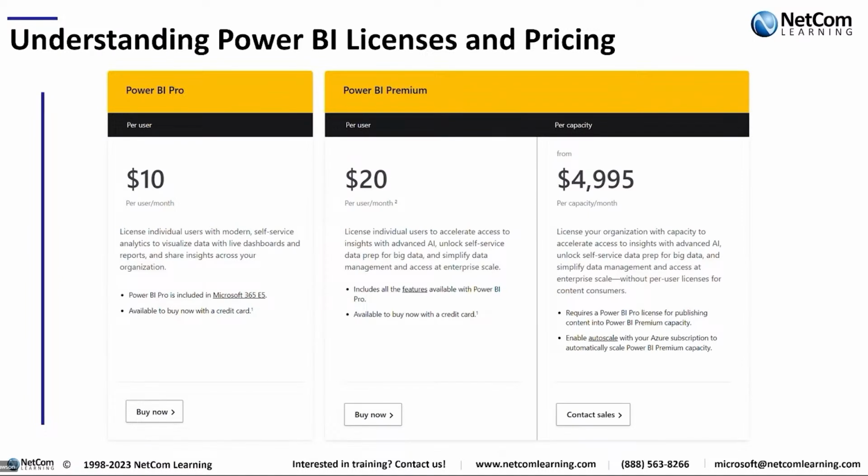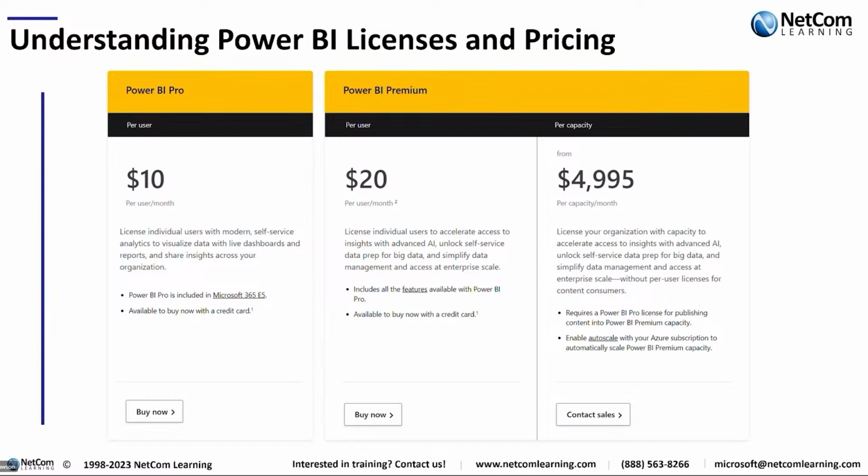And as I was specifying earlier, here's some examples of prices. Now, again, these are in US dollars. These are what the retail prices are, but it gives you an idea of what the pricing is from the Microsoft side. And so I've just included these as screenshots from the Microsoft website so you get an idea. So Power BI Pro, if it's not part of your E5 license, if you don't have an E5 license, it's $10 per user per month.